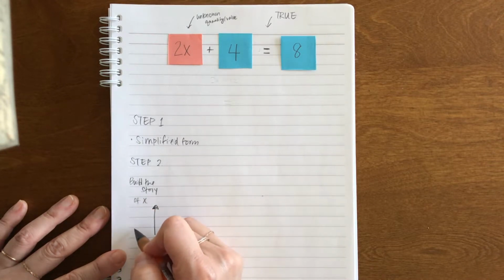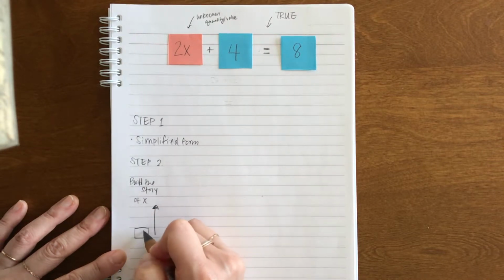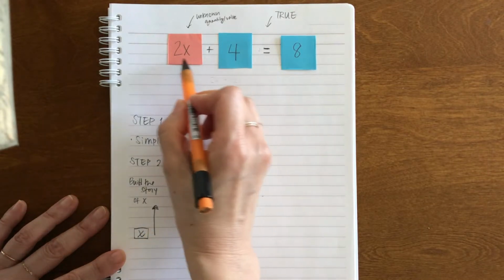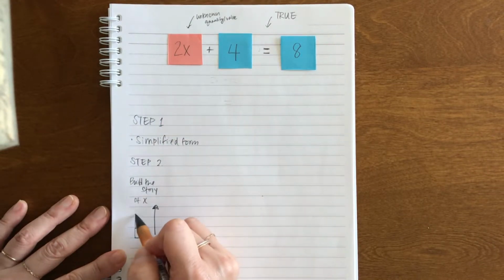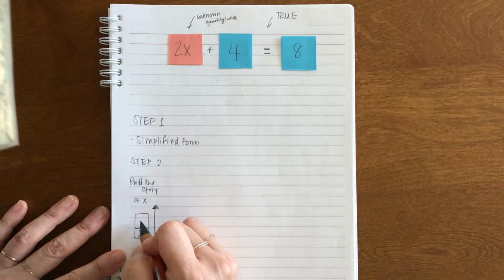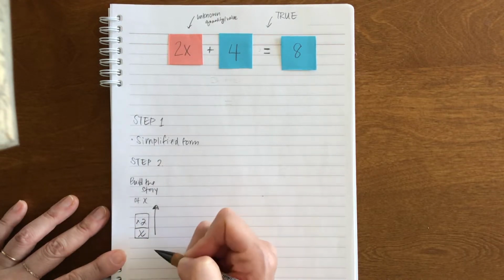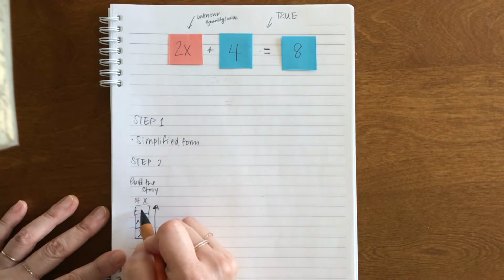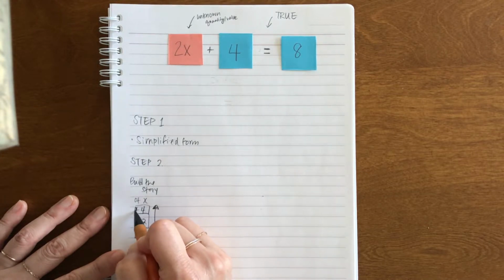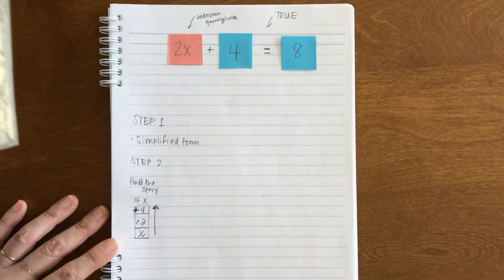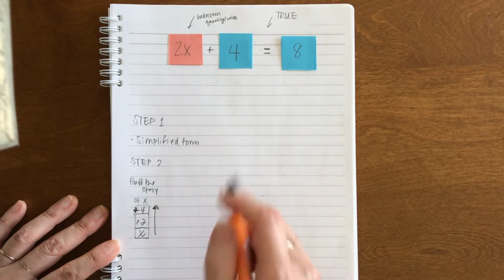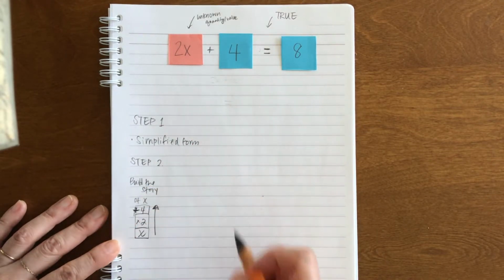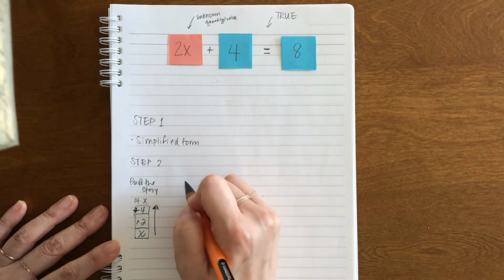So the story of x is that first, what's happening to the x? It's being multiplied by 2. So I'll just make that sign here. The next, we are adding 4 to that story. Okay? All right, so now that we built the story, we're going to now build another story, but this time